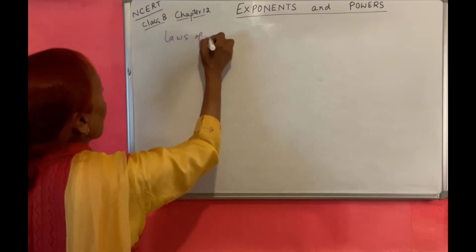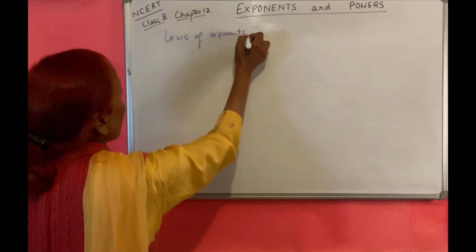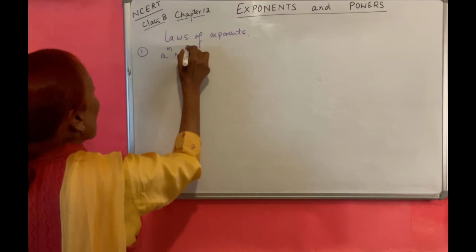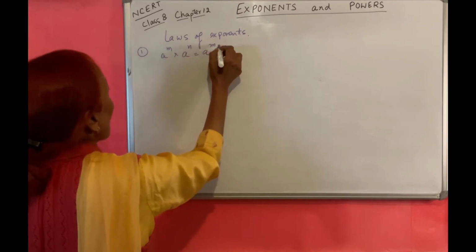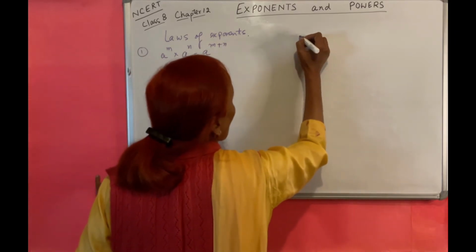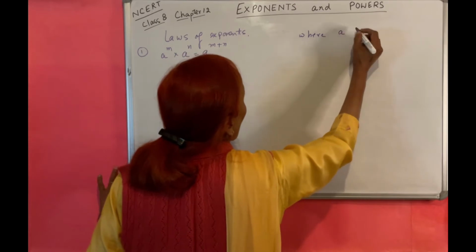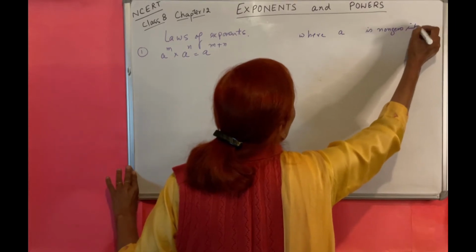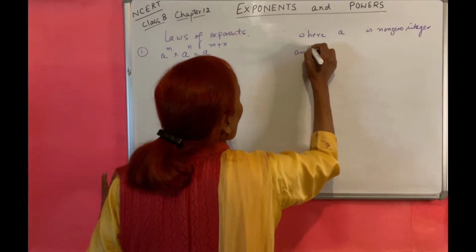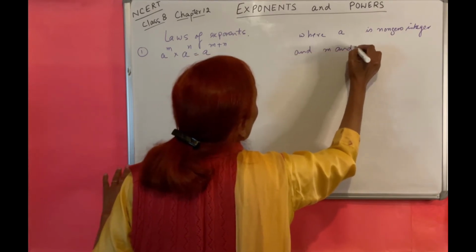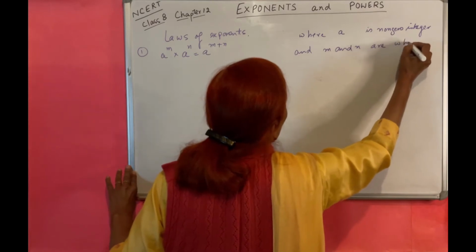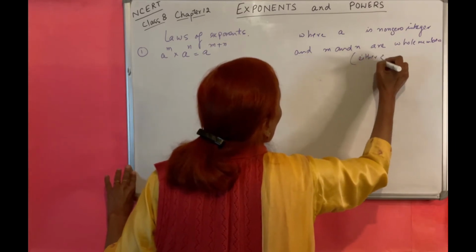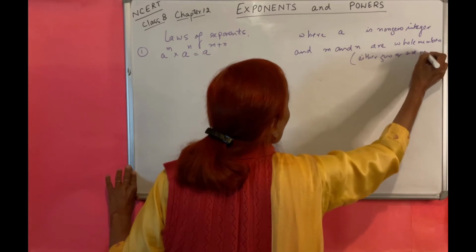नेक्स्ट हम देखते हैं कि लॉज ऑफ एक्सपोनेंट्स क्या थे। First is this, where a is a non-zero integer and m and n are whole numbers, means either 0 और पॉजिटिव नंबर।